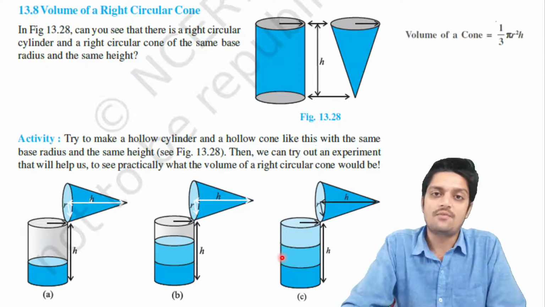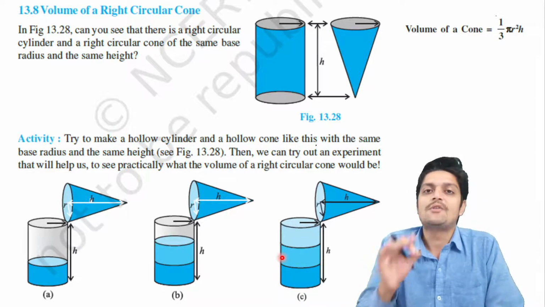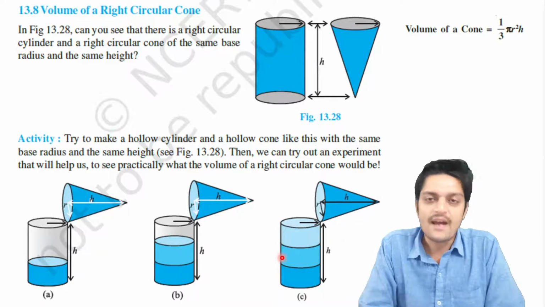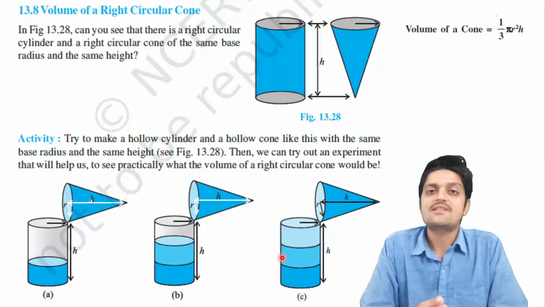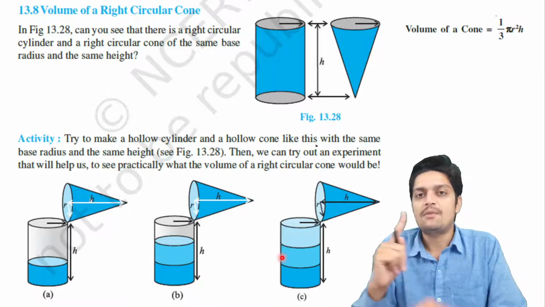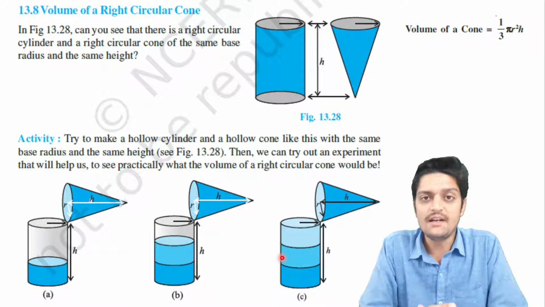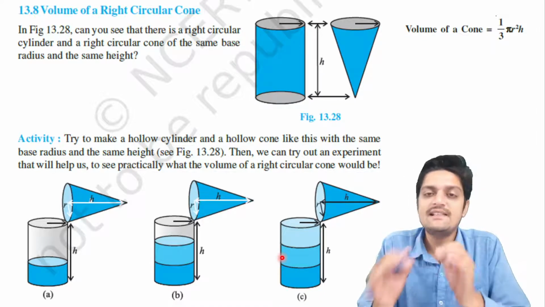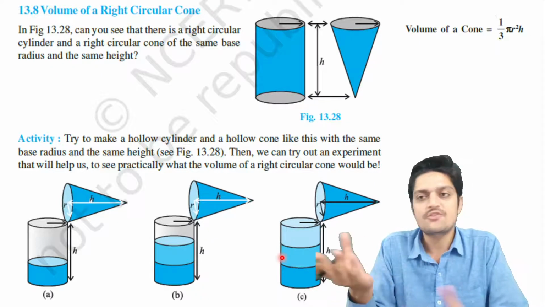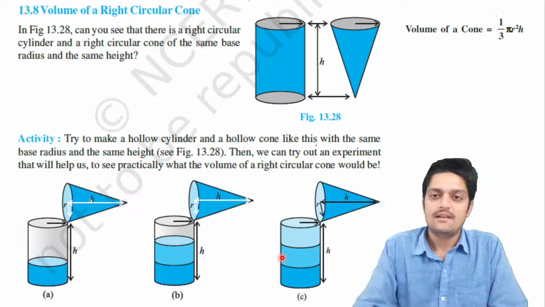So this is the formula. As you can see here, the volume of the cone is equal to 1/3 pi r square h, because in our previous exercise you used the volume of the cylinder, which is pi r square h, and the volume of the cone is exactly 1/3 part of it, so 1/3 into pi r square h. You can easily understand it. There is no need to memorize, just accept the logic: it is the third part of the cylinder.